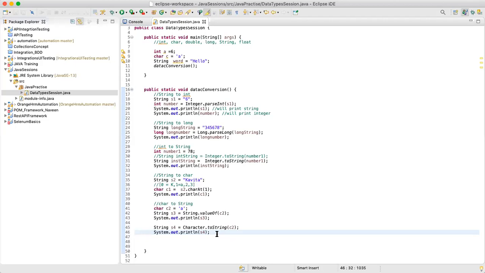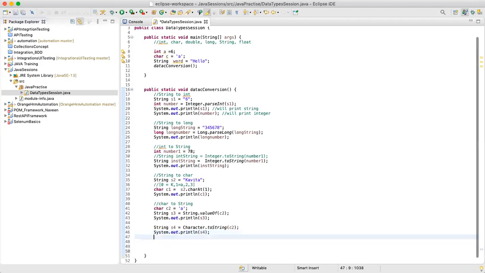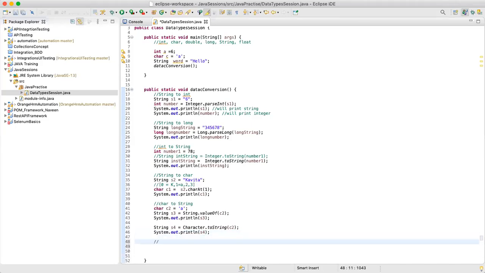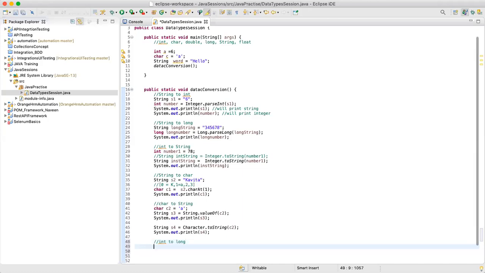So let's move ahead. We can quickly see one integer to long. The reason I'm showing you integer to long again is so that we can read the concept of basket. From the memory allocation point, integer is 32 bits and long, I guess, is 64 bits. When you are moving from a smaller unit to a bigger unit, the conversion is very easy and you don't have to worry about data loss. This is called a promotion, right? When you are moving from integer to long, it's a sort of promotion.